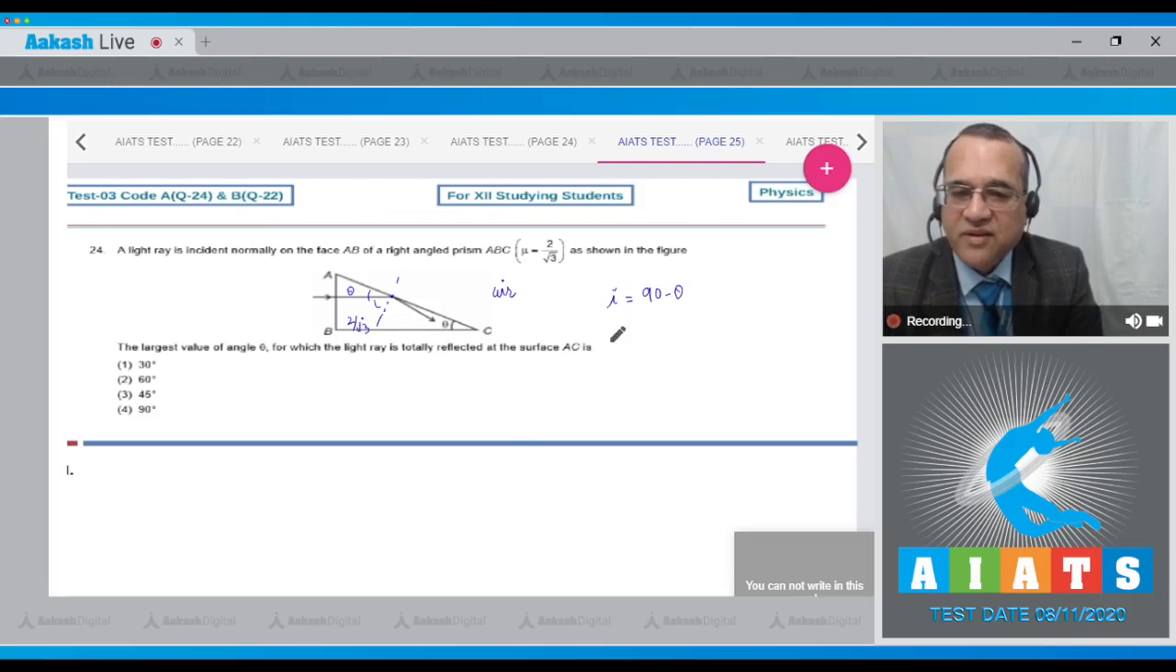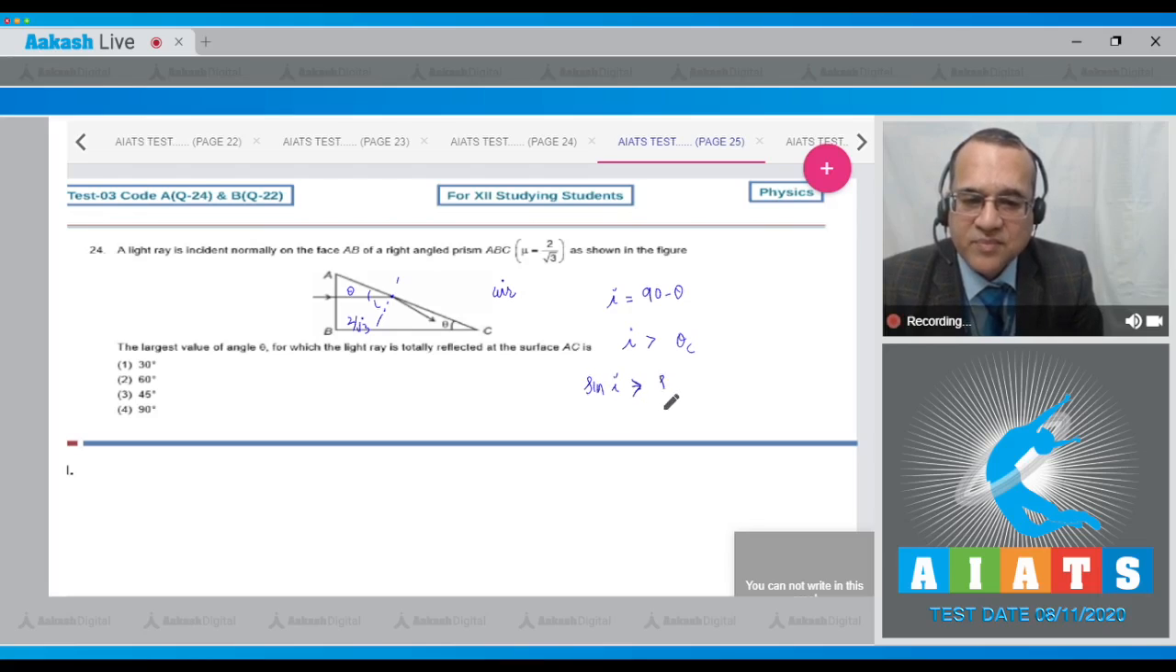And you remember, if i is greater than the critical angle, then there won't be any emergence. And if I take sine on both sides, then sine of i is greater than sine of theta c. And what was i equal to? 90 minus theta. And you know that sine of theta c is equal to 1 by mu, and mu is given equal to 2 by root 3. Therefore, sine